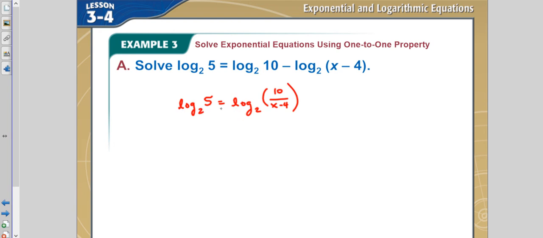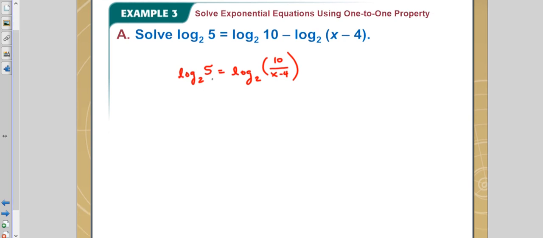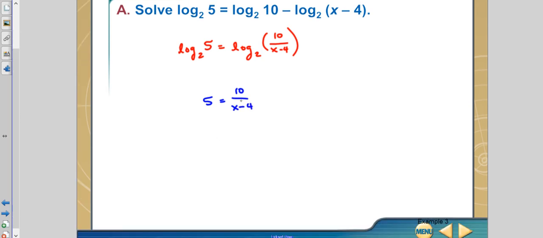Now, according to the one-to-one property, which we just saw, if you have a same log with the same base on both sides, and that's all that's in the equation, you can just remove the logs and say that the number 5 must be equal to the number over here, which is represented by 10 over x minus 4. And now, something we learned from lesson 2.6 with rational equations is how you solve when you have a denominator: you multiply by that denominator. That's the step. So if I multiply both sides by x minus 4,